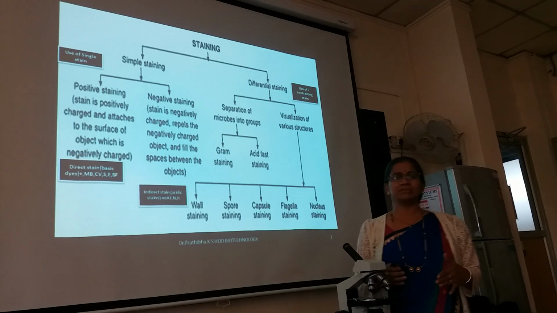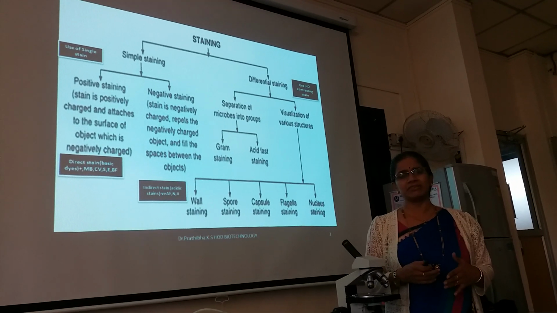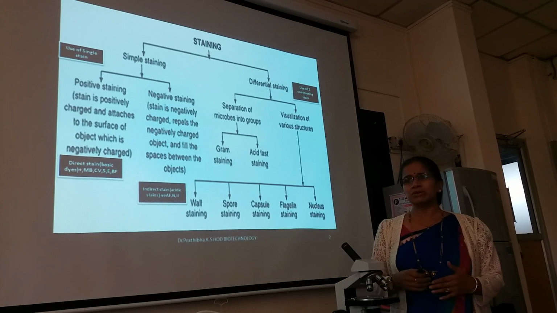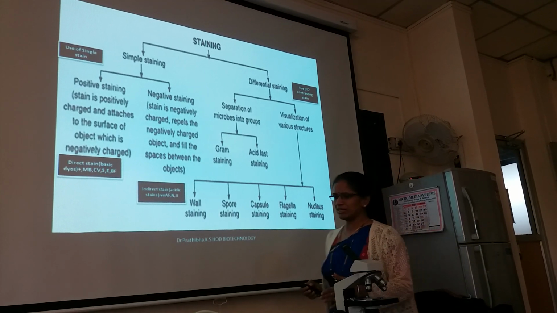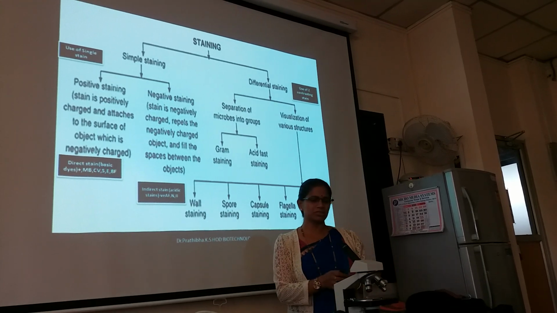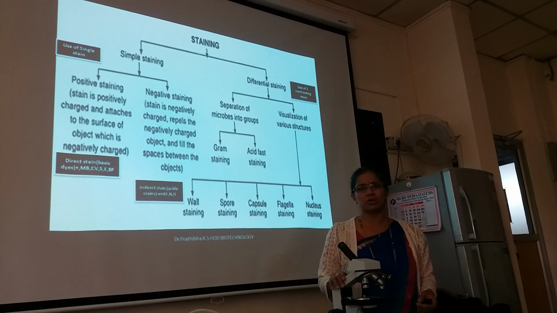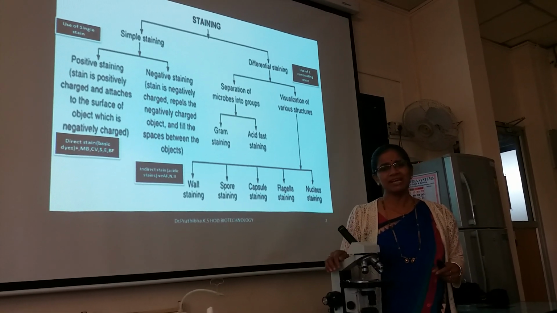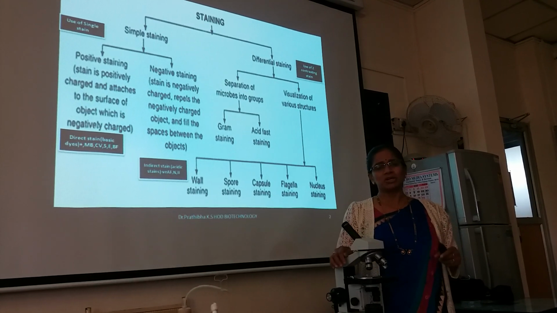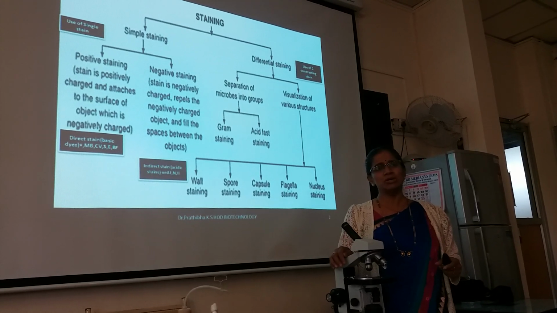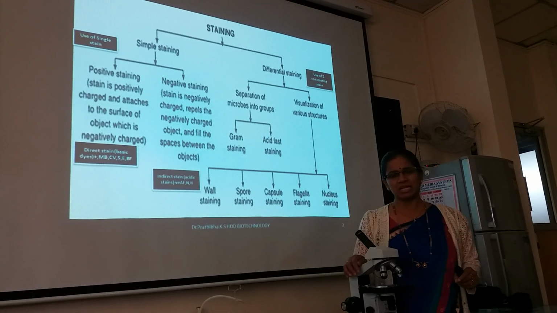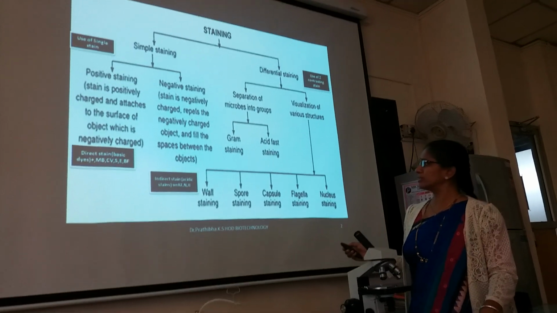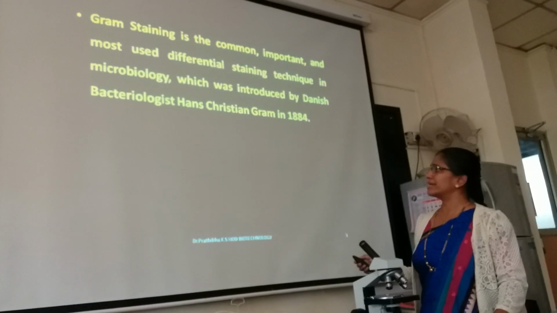All the microorganisms are stained, or given color or dye. Why are those microorganisms stained? Because without giving any color to the microorganism, if we focus under the bright field microscope, we won't be able to see the particular morphology and the chemical composition of the cell wall. So we give a color to enhance the visualization and to see the arrangement of the cell wall and the morphology better. That is why we are giving color to the microorganisms.